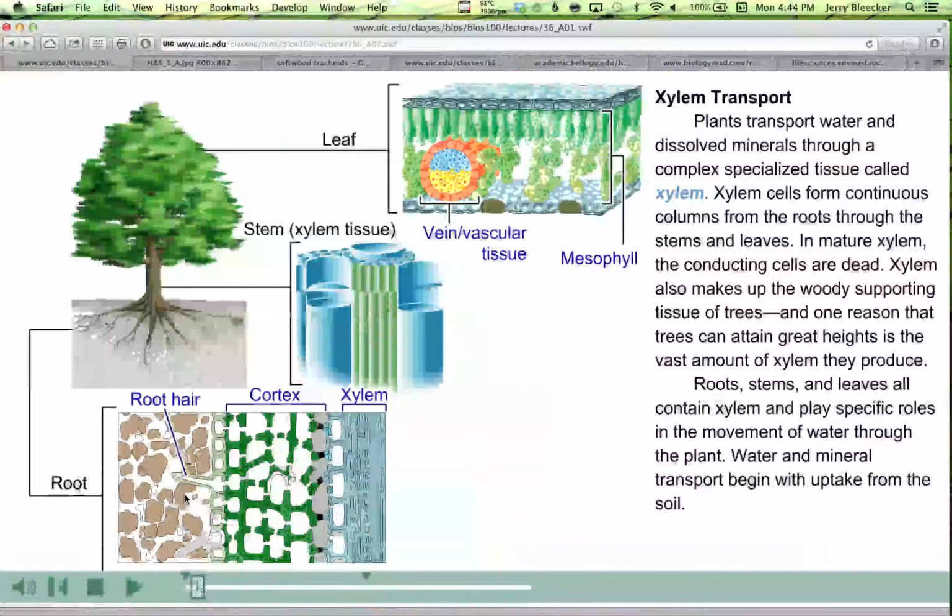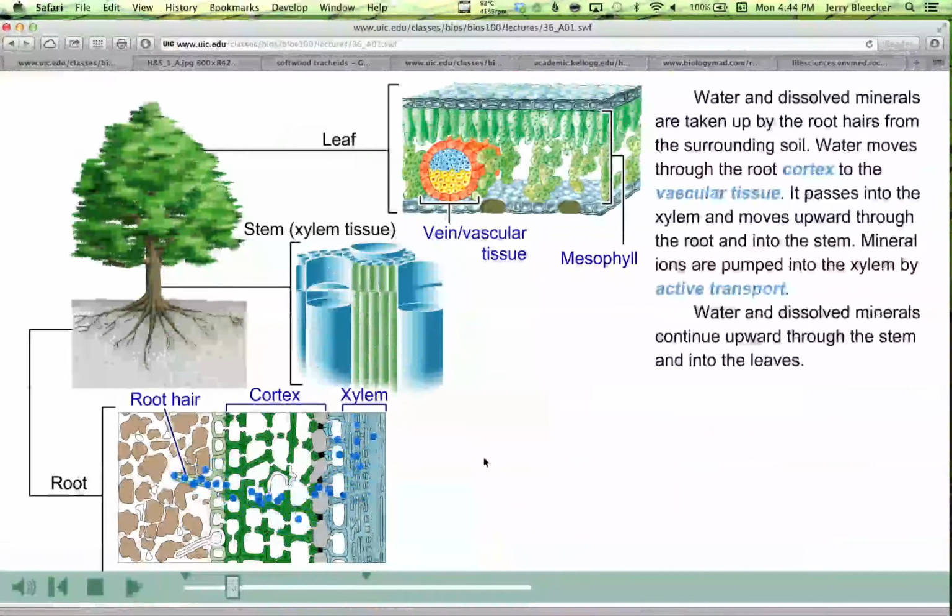Now, underground, the roots absorb the water from the soil, and it passes through the cortex of the root and into something called the xylem. So when you look at the xylem tissue, you see it's very close to this green material here. And this green material, think of that as conducting something else. Let's just look at the blue for now. There we go. So the water begins to flow in, it flows into the xylem, and up it goes,